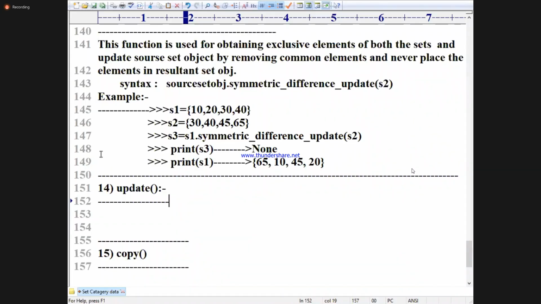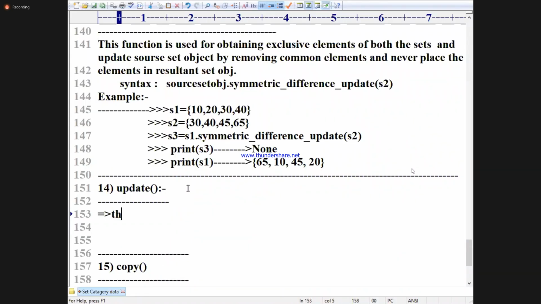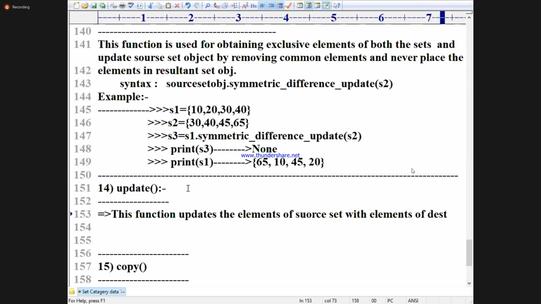Okay, write down. Functionality, same wording: this function updates the elements of source set with the elements of destination set object.